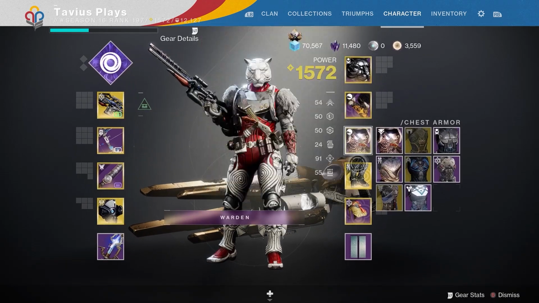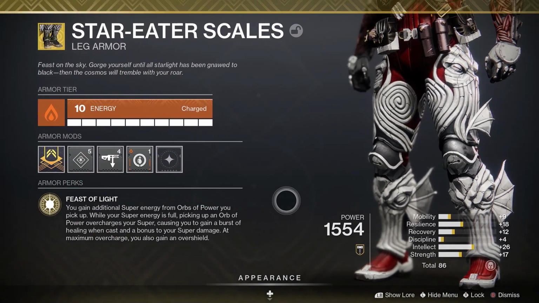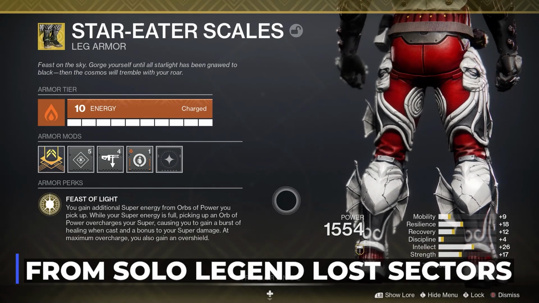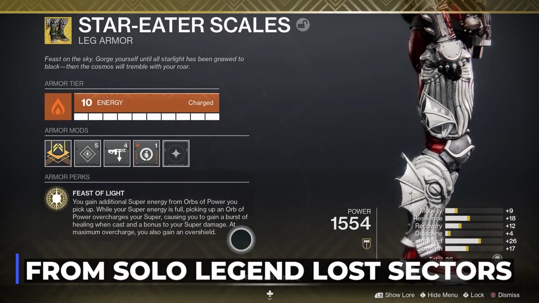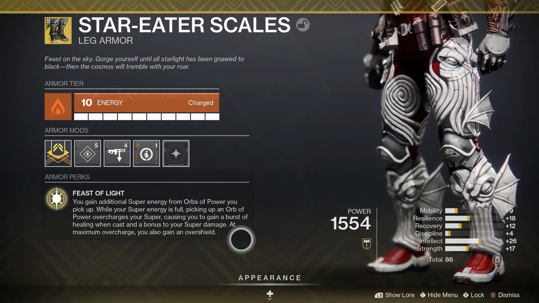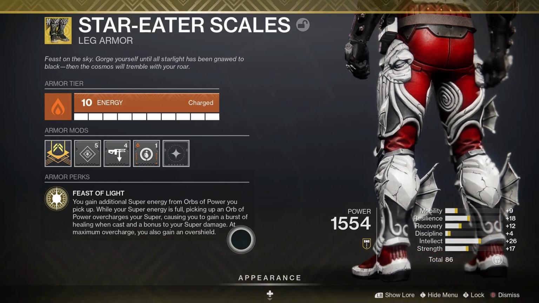For my legs, I'm using the Star Eater Scales exotic. If you don't have this exotic yet, you can get it to drop from Legend and Master Lost sectors solo. The exotic perk on these legs, Feast of Light, grants me additional super energy from Orbs of Power. So now not only does our super have the fastest base cooldown, but this exotic will get us extra super energy